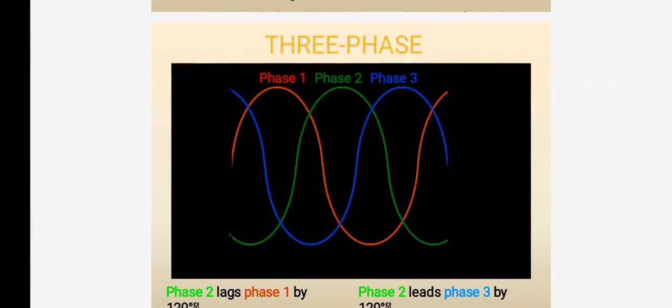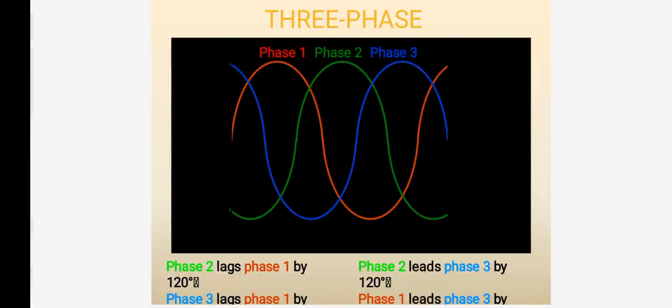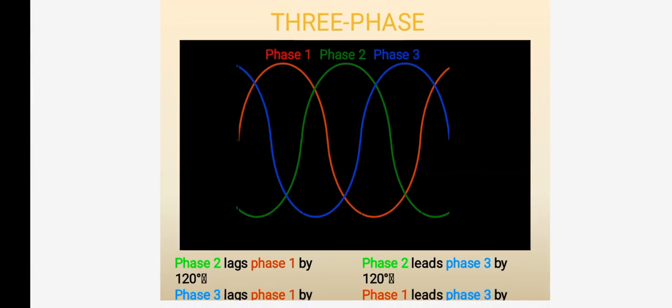Now this is a three-phase waveform: phase 1, phase 2, phase 3. You can see here that three different colors are used to help understand it properly. One starts with 0, another starts with a negative value, and another starts with a positive value. The red line starts with 0, the green line starts with the negative value, and the blue line starts with the positive value of magnitude. This is how the three-phase waveforms are represented. From the diagram you can easily understand it.